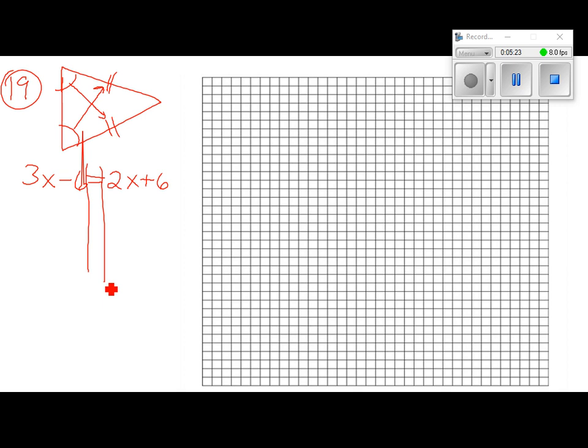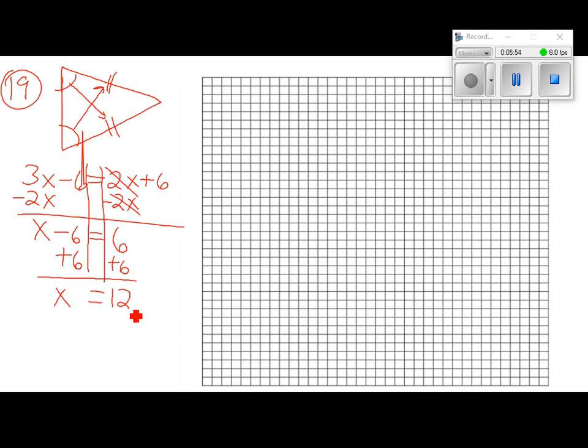Plus 6. What did I just say before? Minus 2x. Remember, you want to get all the x's on one side first, otherwise it's going to mess you up. What is 3x minus 2x? 1x. What else is still left on the left-hand side? Minus 6. Equals what's on the right-hand side? 6. Now what? Add 6. Add 6. You end up with what? Close. x equals